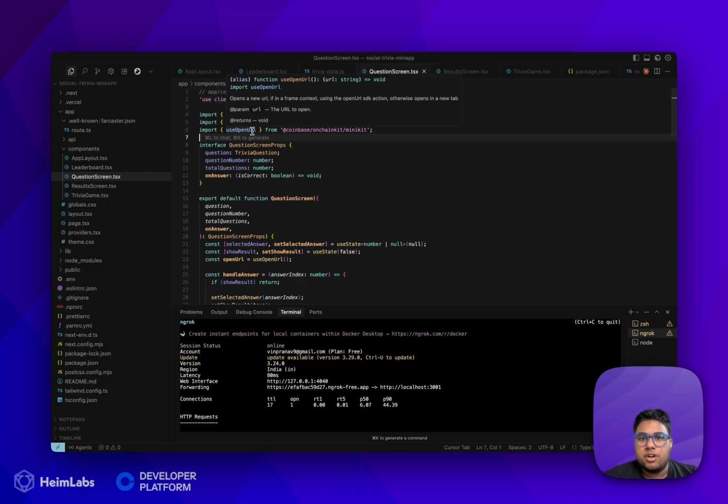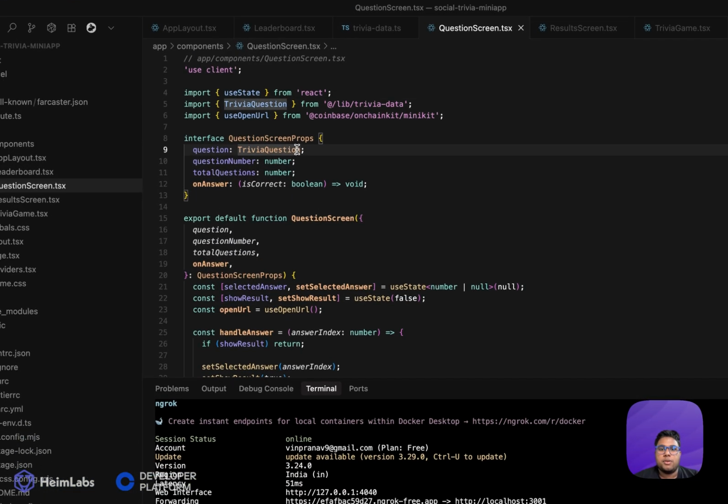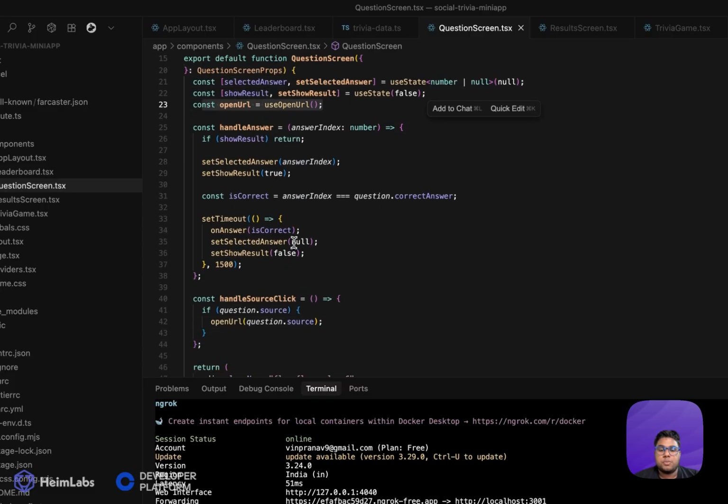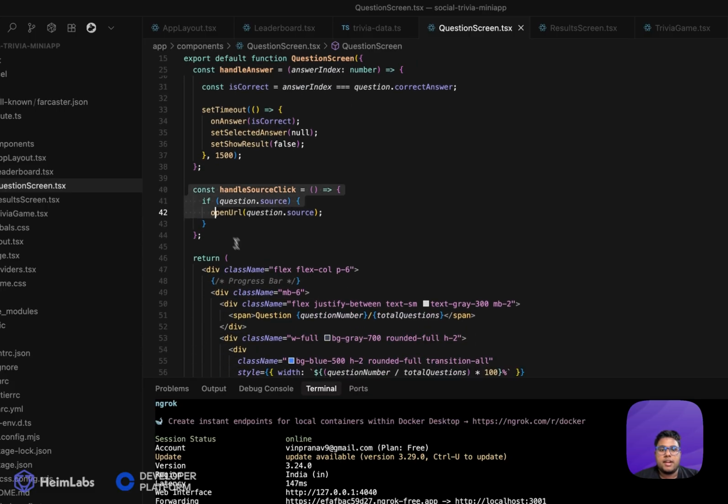Whereas if it's not, then it will make sure that the transition is properly done and the URL is opened in the new tab. So you don't have to create your own logic. You can directly use the OpenUrl function in the MiniKit. So once that is done, we initialize this using useOpenUrl, and then we have a handleSourceClick